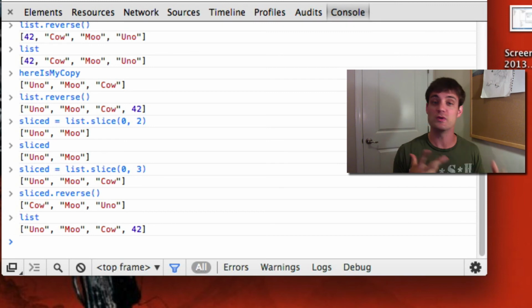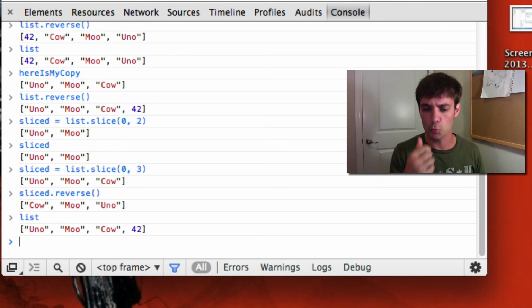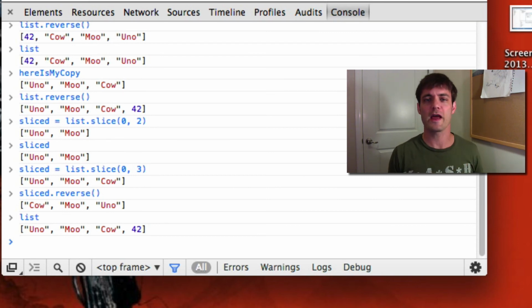It's a slice. It's a unique copy. You slice it out and you make a copy of it. So slice is really not a good word because it actually is giving you a copy. So that's slice. If you have an array but it's really long, or you don't know if something's in it or not,